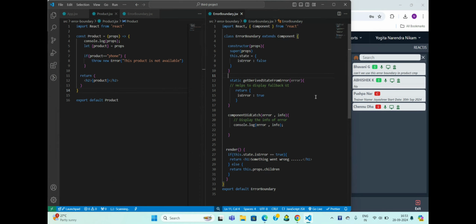If you remember the very initial classes, I had told you there are two types of components, functional based and class based. So mostly nowadays everyone uses functional based components because it is the latest advanced one. But when it comes to class based, even though it is the old component, some concepts we have in which we have to use class based. So one of those concepts is your error boundary. Why? Because I've already given you the difference that you cannot make use of these life cycle methods in functional based. Okay, because it's not a concept.